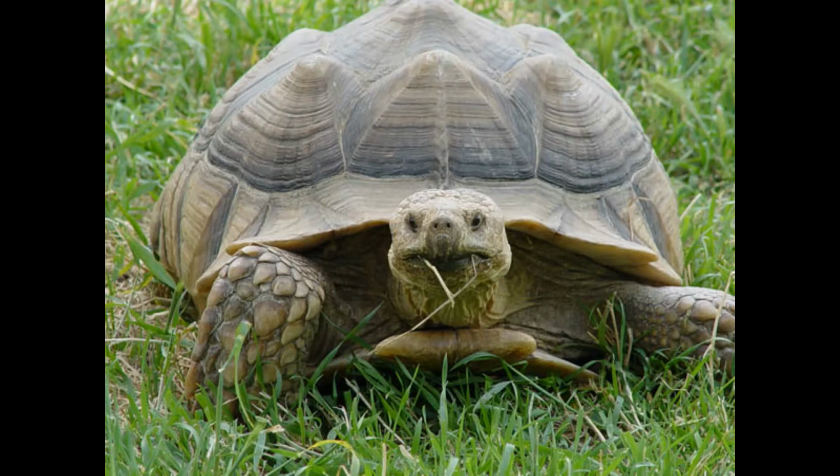Let's go into it with the first animal of the week being the Sulcata tortoise, also known as the African horned tortoise or the African spurred tortoise. It is a species of tortoise which is native to the southern Sahara and northern Sahel regions of Africa and